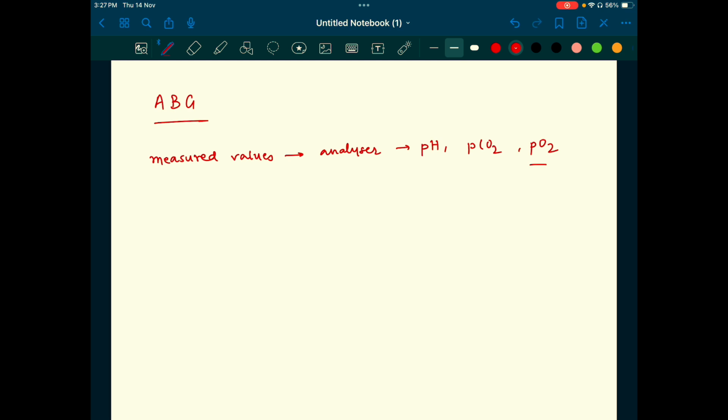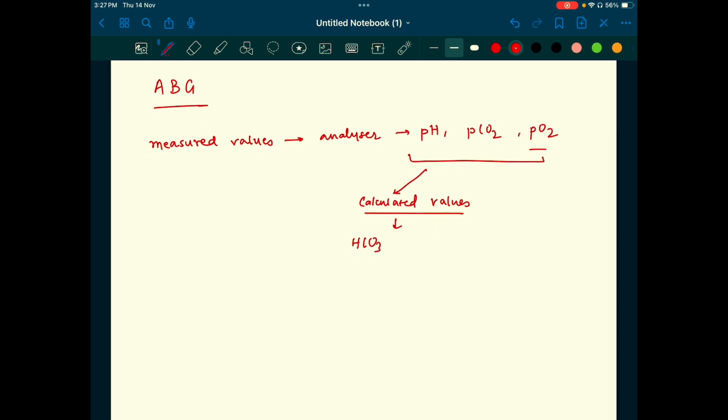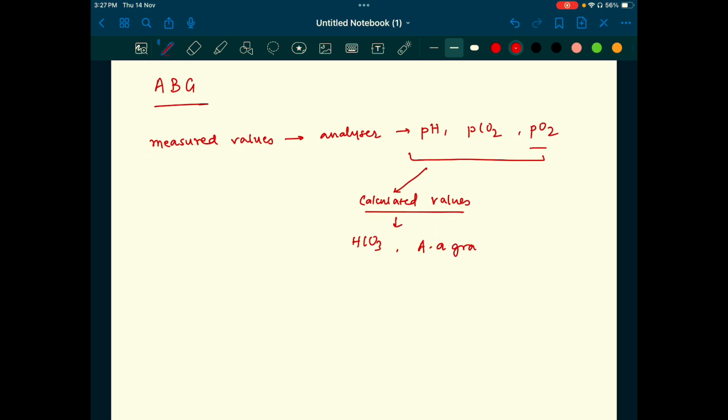Like pH, PCO2, PO2, and these measured values are used to calculate the calculated values. Which are the calculated values? The calculated values are bicarb. The calculated values can be the alveolar arterial gradient. It could be the O2 concentration. So these are the calculated values. All right,